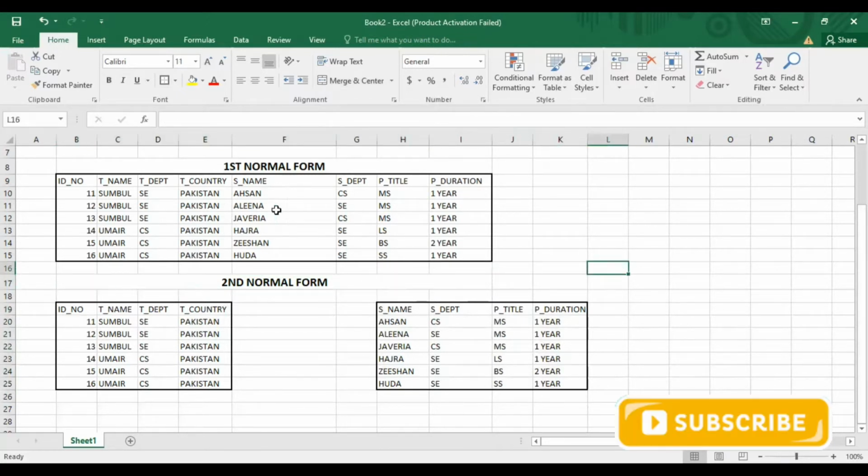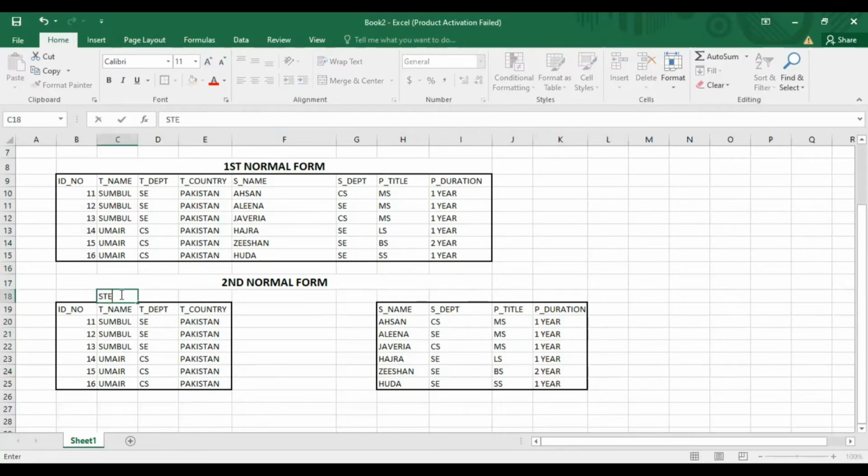In this example I have only two tables, but you might have a large database with a lot of tables. So this is the teacher table, and this is the student table.